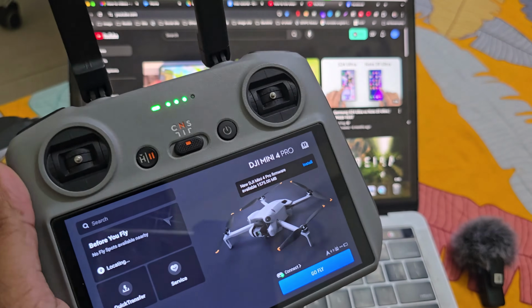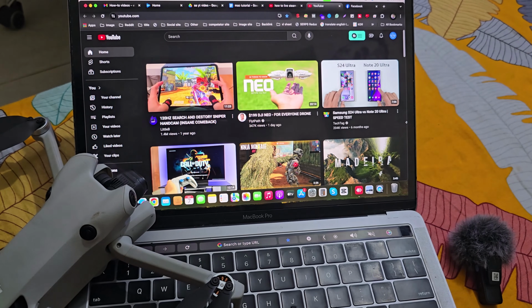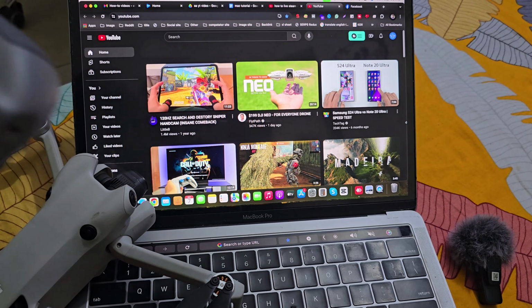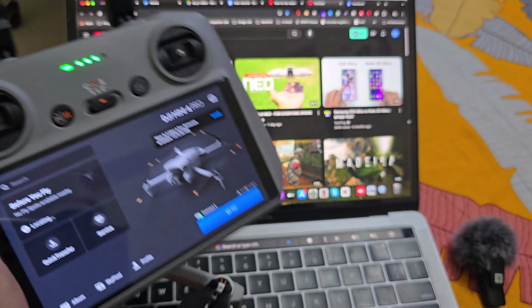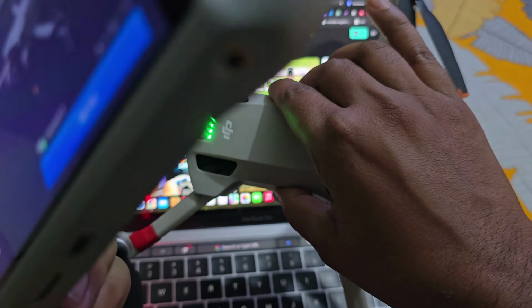So how to stream or go live from your DJI RC drone to your YouTube or Facebook or any other social media platform. So follow the step-by-step tutorial. First of all, turn on your drone. I have turned on my drone,